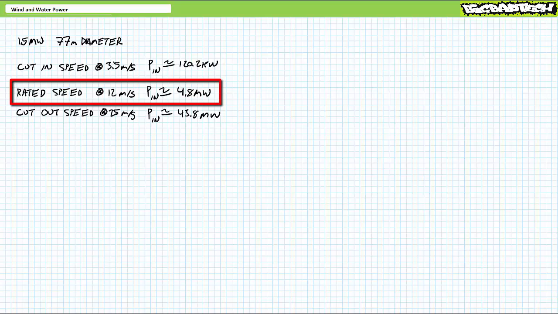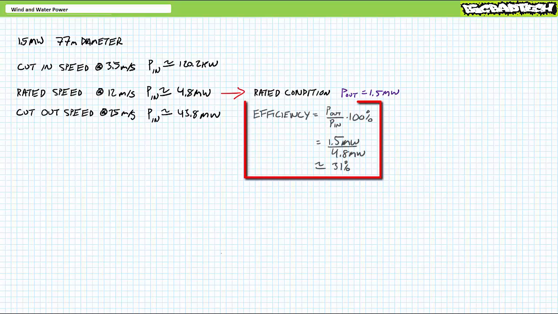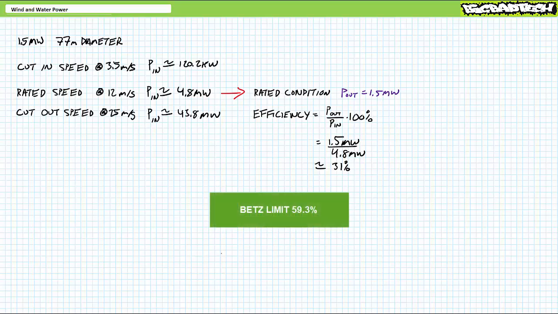12 meters per second. As we demonstrated at 12 meters per second, the wind presents an input of roughly 4.8 megawatts. Given the turbine produces 1.5 megawatts of usable electrical power output, given an input of 4.8 megawatts at the rated speed of 12 meters per second, this represents an efficiency of roughly 31%, which might seem unusually low at first inspection. However, realize that there's a hard maximum imposed by physical reality called the Betz limit of roughly 59% that wind